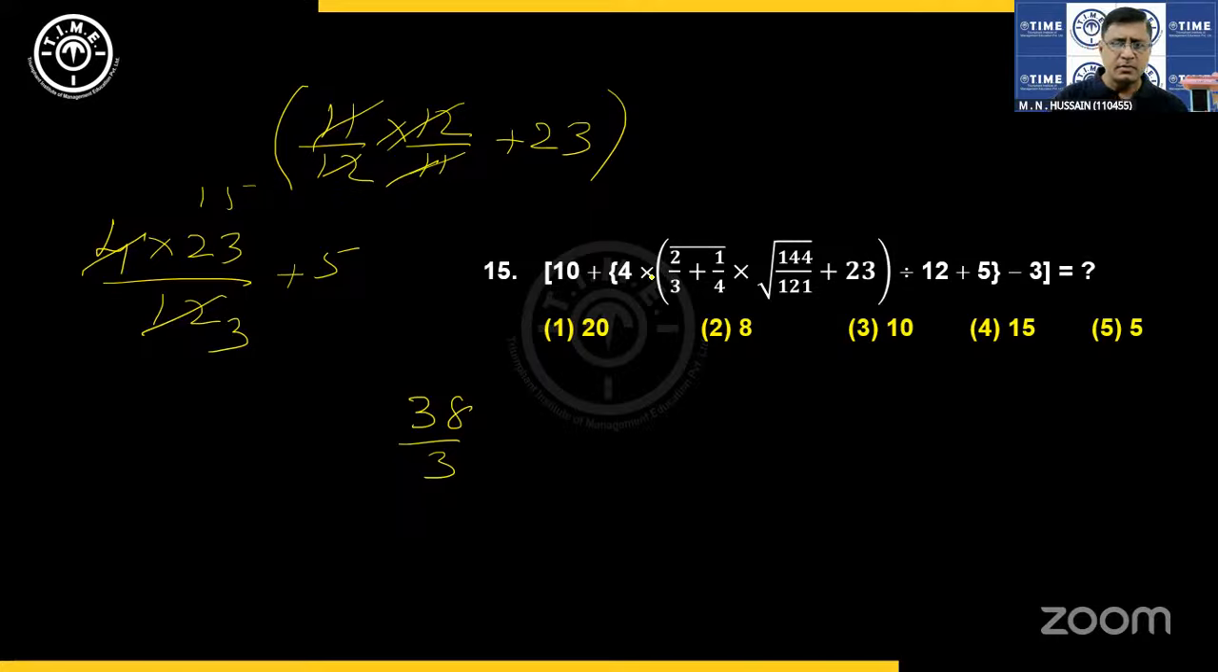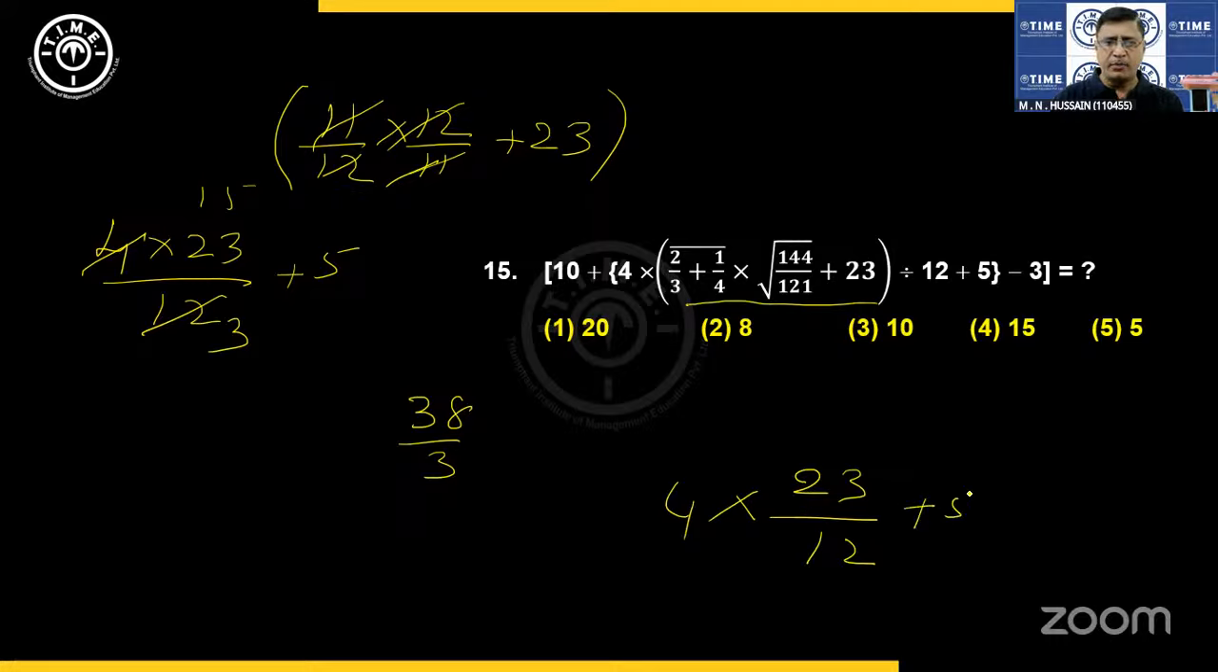Anything? That is 8, 12, 30. 8 plus 3, 11 by 12, and 12 by 11. So what is the result here? This value is equal to 23. So 23 divided by 12 into 4